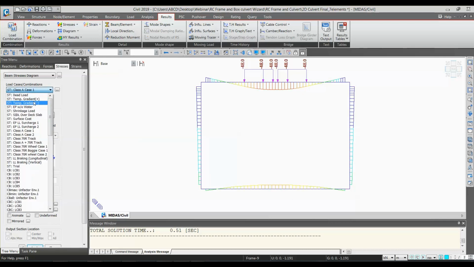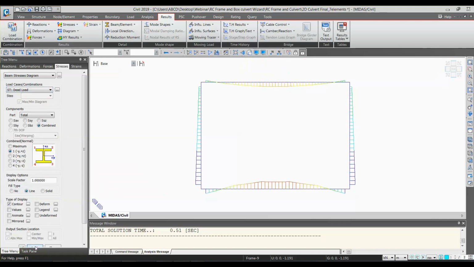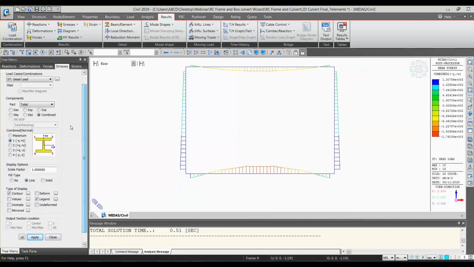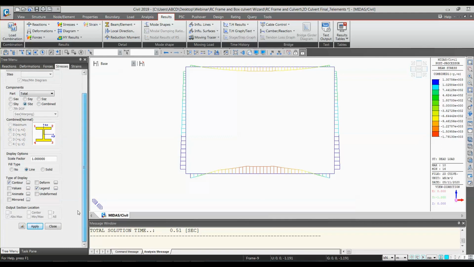So let's see for the dead load. Okay, so these are the stresses. You can see the legend as well. These are the combined stresses. Let's see the SBZ